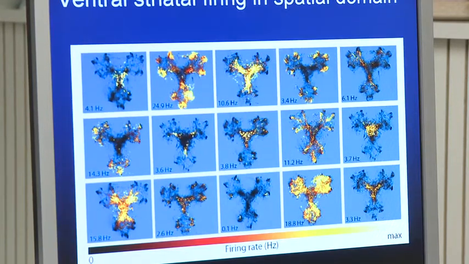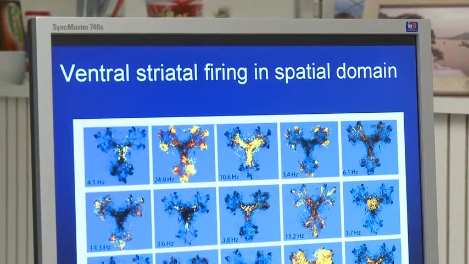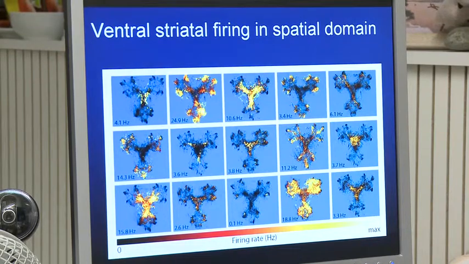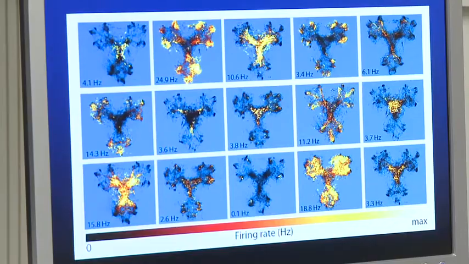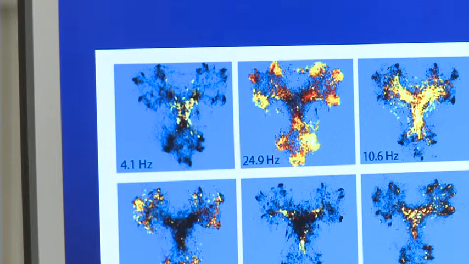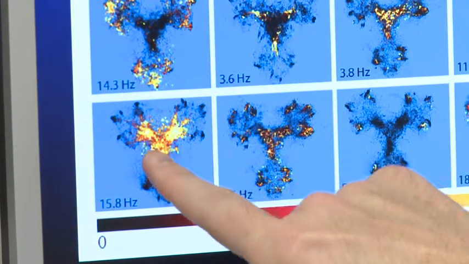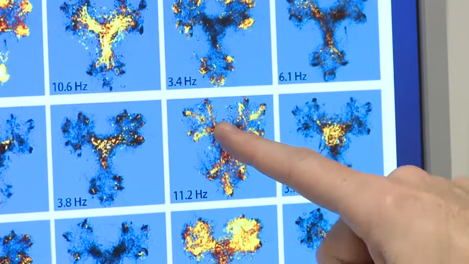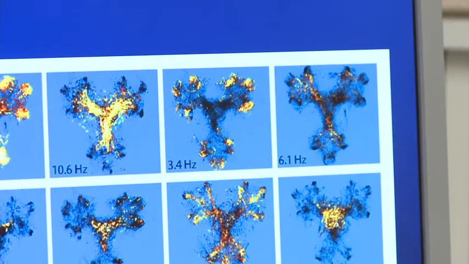But when we look at another structure, the ventral striatum, we see quite a different firing pattern. For instance, here this cell fires at all the 9 reward sites, but other ventral striatal cells fire much more in the center part, and they correlate in their firing to the actions that the rat undertakes at that moment. So for instance, this is the initiation of an approach response to a reward site. This is further out into the branches leading up to the reward site. And this is when the rat actually drinks the reward, the liquid.